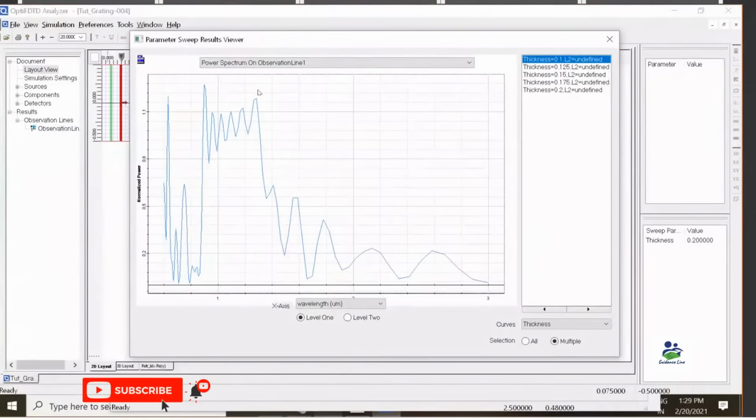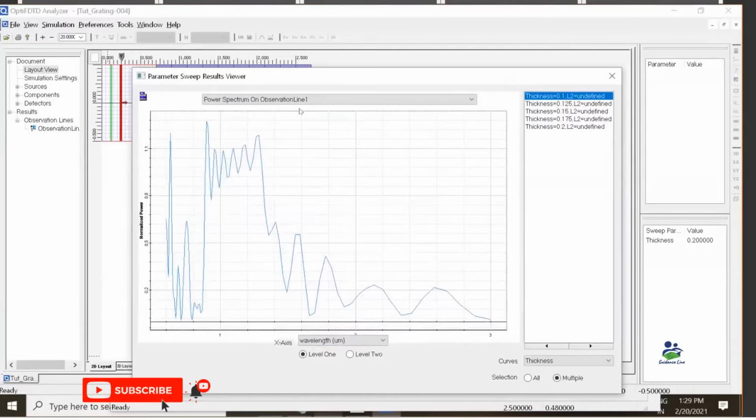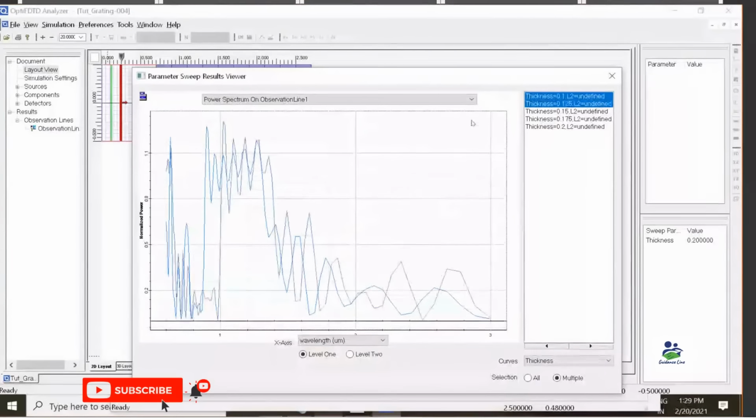Since we have run the simulation for quite a small amount of time, it is showing lots of spikes over here. It is not properly visible, but you can easily get all the results over here. So for thickness of 0.1 value, we have this particular thing. For 0.125 value, we have this value.